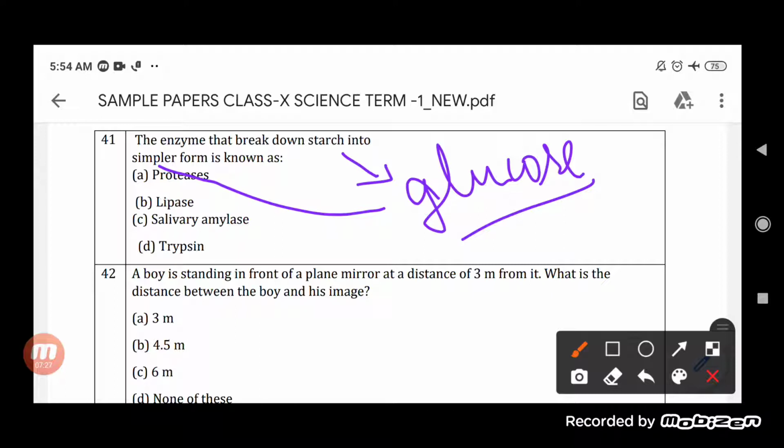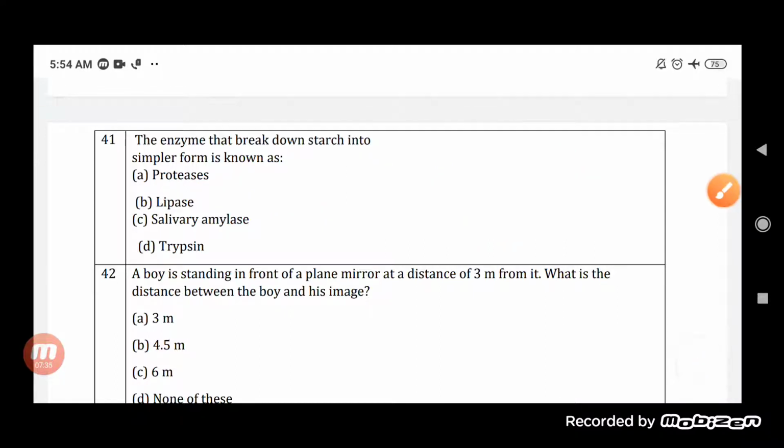So, the conversion of starch into glucose. Now, you know that since the starch is what? It is a complex carbohydrate. So, the conversion of the starch into the simpler form. Proteases is used to convert the protein into simpler form. Lipase is for emulsification of fats. Salivary amylase, yes, the breakdown of the starch can occur here actually. Trypsin is also used for the